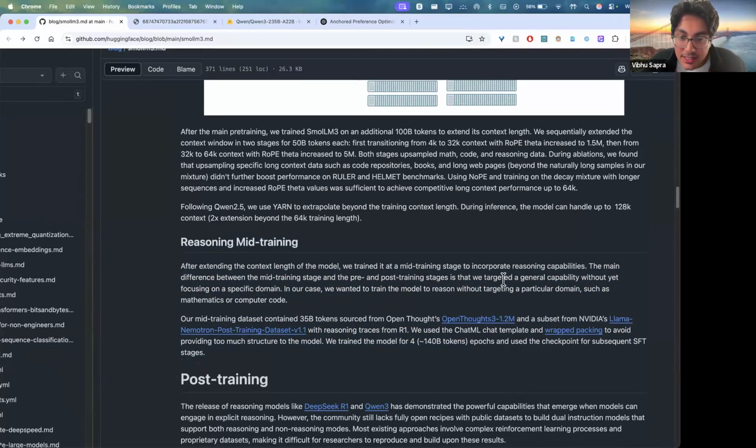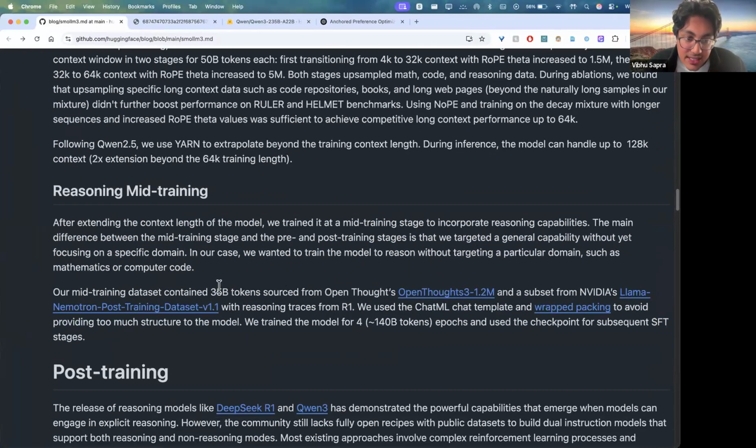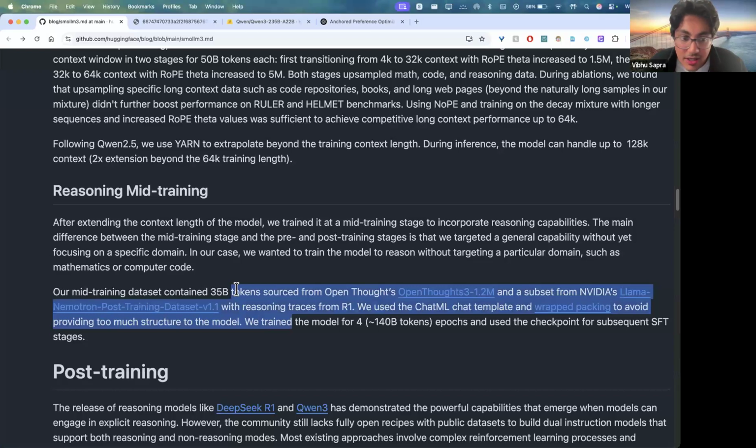So after extending context length, we do mid-training. They use other data sets, so OpenThoughts and NVIDIA Nemotron post-training reasoning. This is distilled from R1, OpenThoughts as well, 35 billion tokens. We use ChatML template,